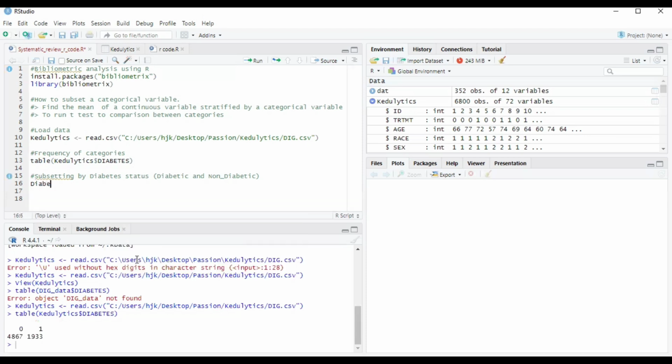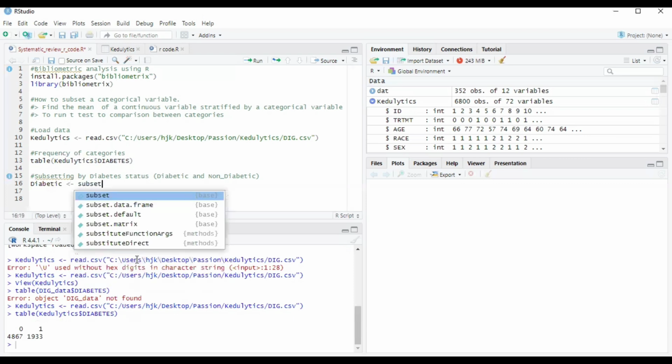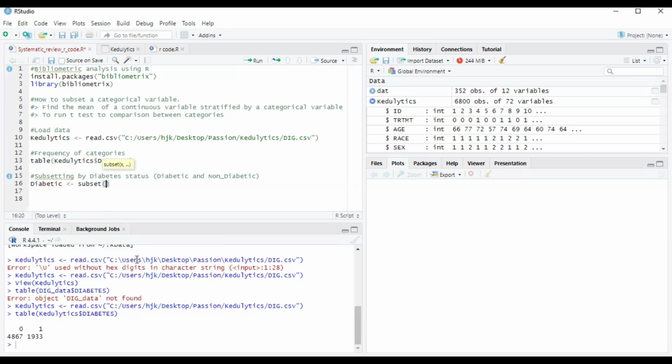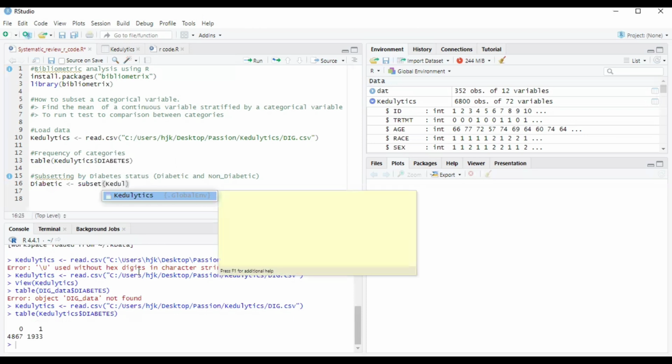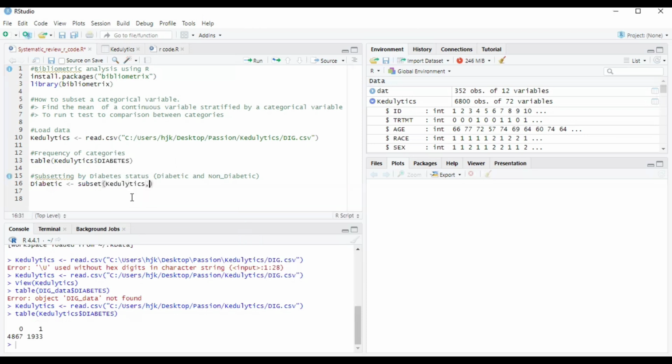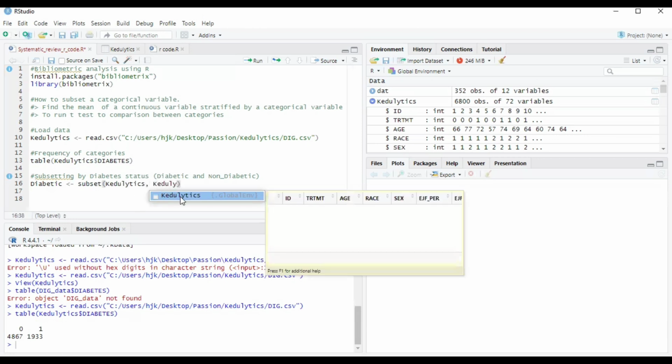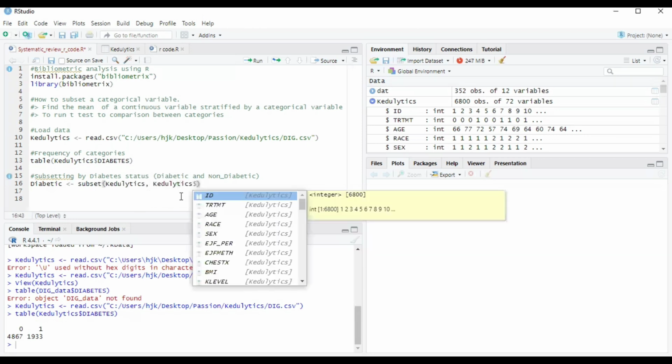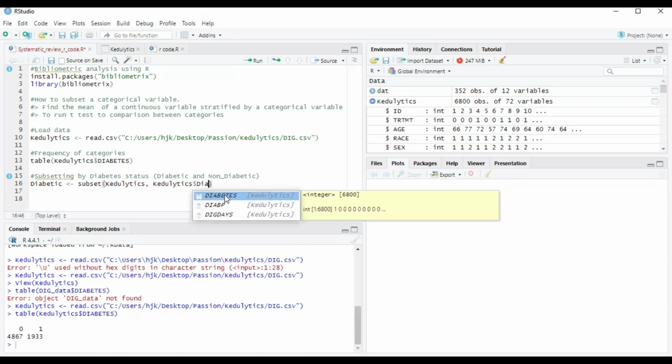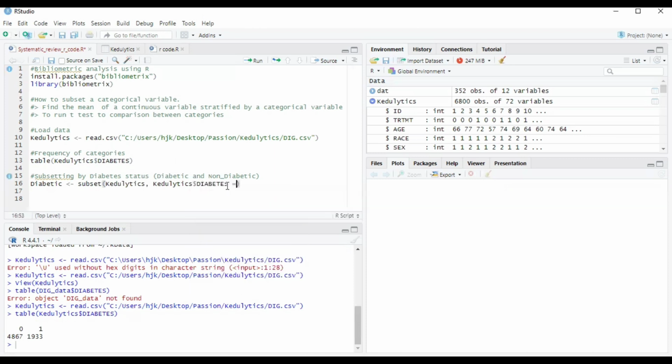So diabetic, then subset in bracket the data set is catalytics, then comma, then we select the column that we want to use as our reference to categorize. And so when it's one, it means that it's diabetic. And then the non-diabetic group